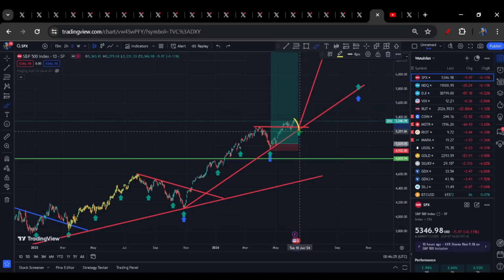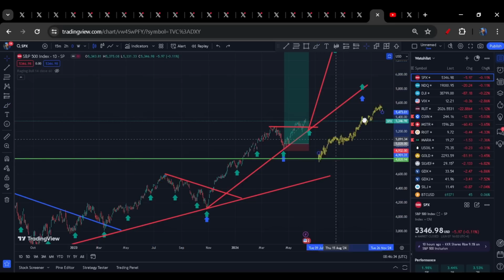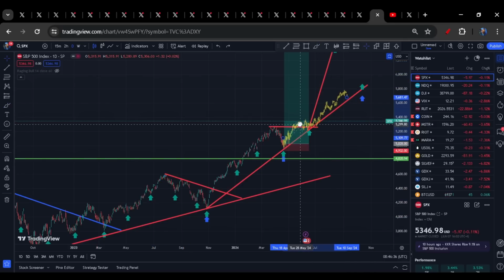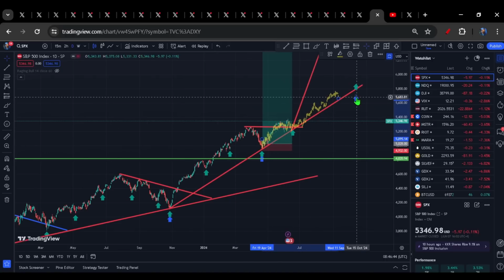But if indeed we find a cycle low and come swinging out of here, then the thing will look exactly as a blow off top is supposed to look. So far, if I grab this fractal from back here and I slap it over the top, you can see that realistically, it's not doing anything out of the ordinary so far. Again, if we continue to hold this second angle, then this is just normal and to be expected price action, not speaking to a blow off top at all. As I said, set that third angle and it will be a sign of the end, in my humble opinion.